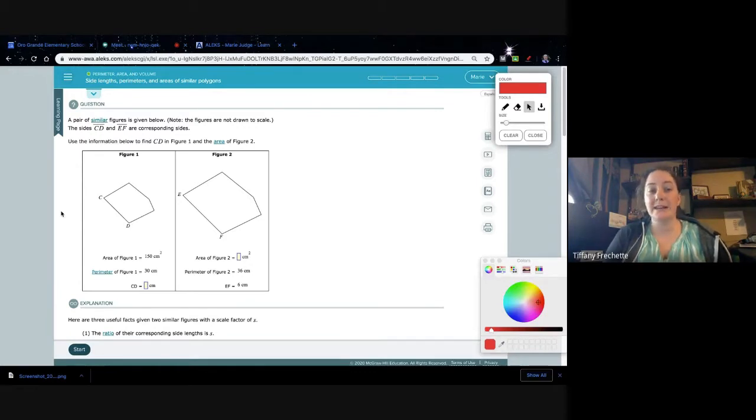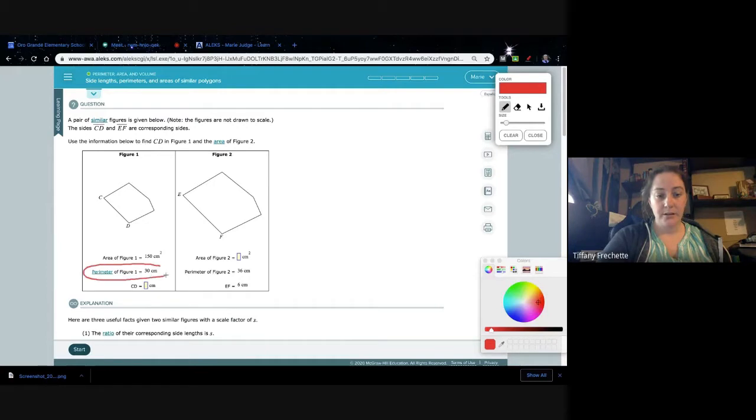Perimeter is a length. Area is the amount of space that something takes up on a two-dimensional scale. So like a flat piece of paper type idea, as opposed to a full box. So with this one, what we want to do is start comparing. On a lot of the other videos, it was length to length, height to height, something like that. In this case, what we're given is